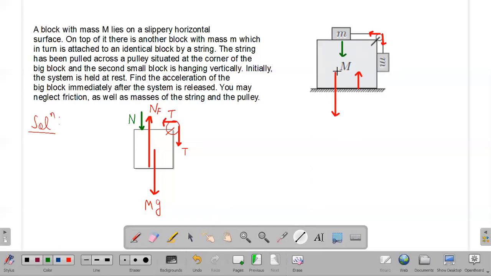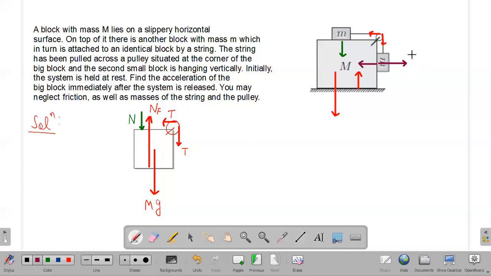Right. These are the forces. You may think that there will be one more normal force between this capital M block and this hanging block. You may think there is a normal force between this mass small m and this mass capital M. But remember, there cannot be any normal reaction force. And the reason why there cannot be a normal reaction force between these two blocks is this: if I consider a normal reaction force on this small mass, then it will be in the right direction. And if I consider the normal reaction force on this capital M mass, then it will be in the left direction. Why will this normal be 0?